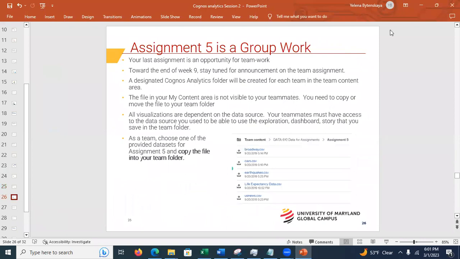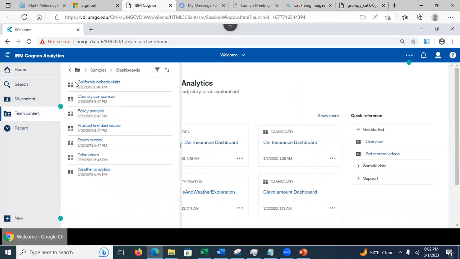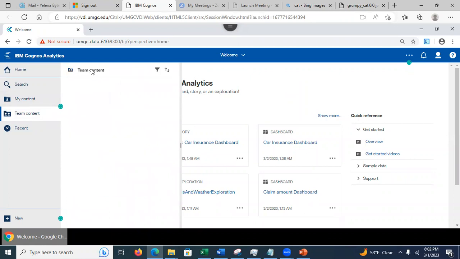Assignment 5 is group work, so it's an opportunity for you to exchange knowledge, if you will, and work with your team members. Usually it's between 3 to 5 people in the group. It depends on the professor. But first of all, if you look at the team content, go back. So see, you've got this data